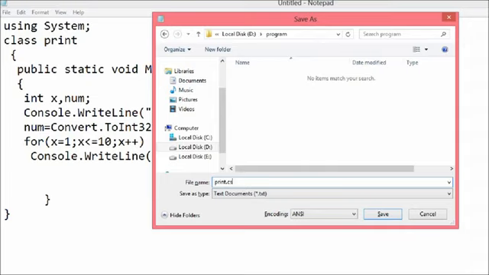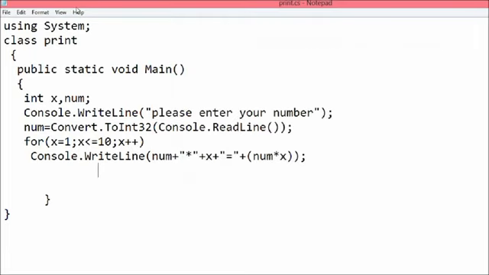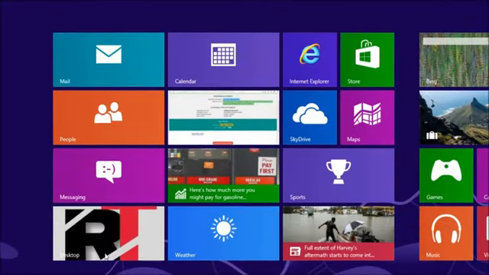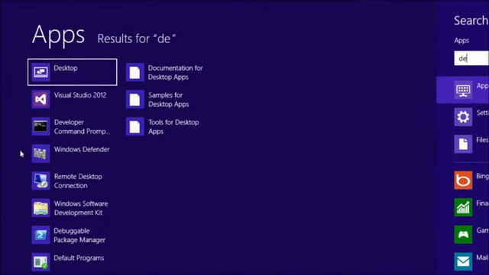After that we save it by pressing enter or directly clicking on the save button. I have saved this, and now we have to compile it and check whether it is running correctly or not.